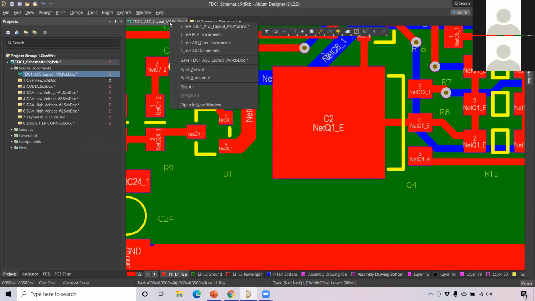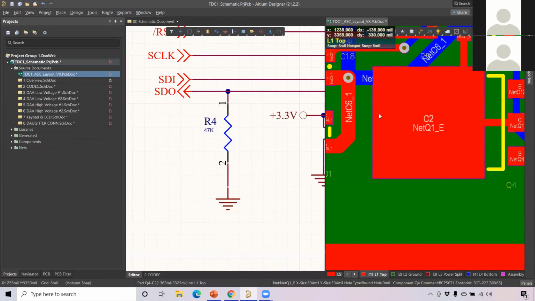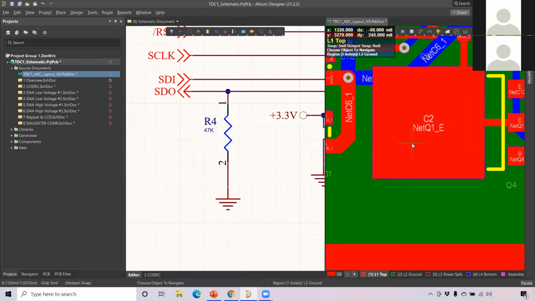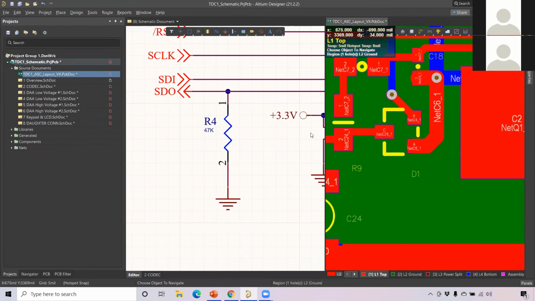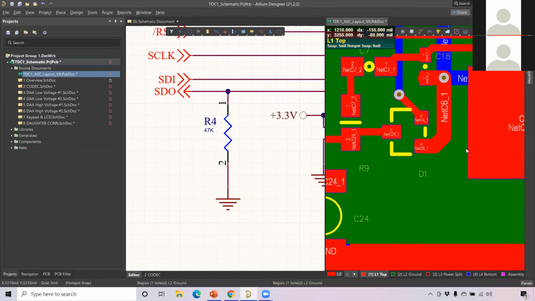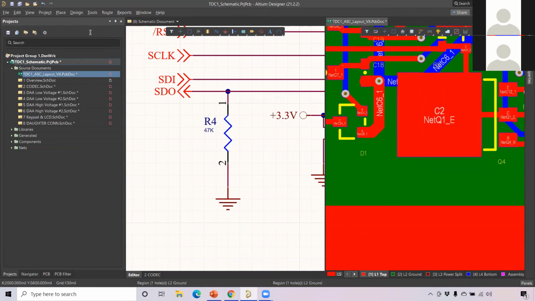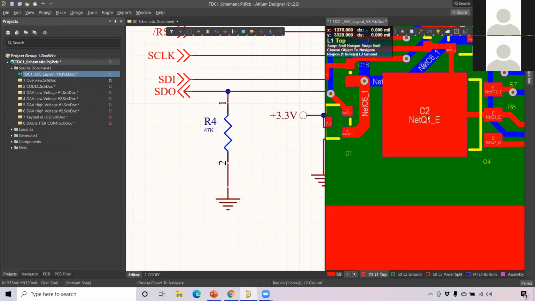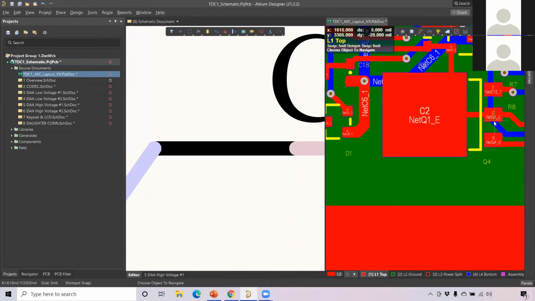I just right click, go for split vertical, and then go to tools, cross probe. Let me see this C2. Sorry. Go to tools, cross probe, then this capacitor, sorry.